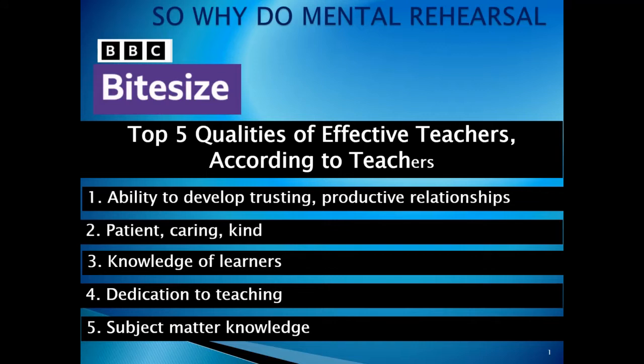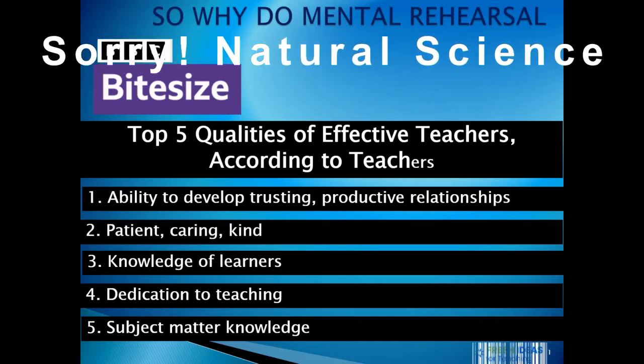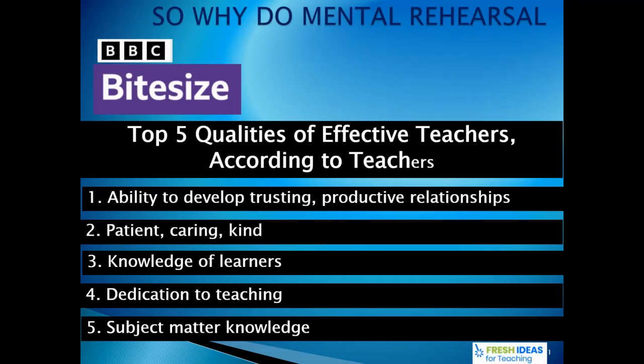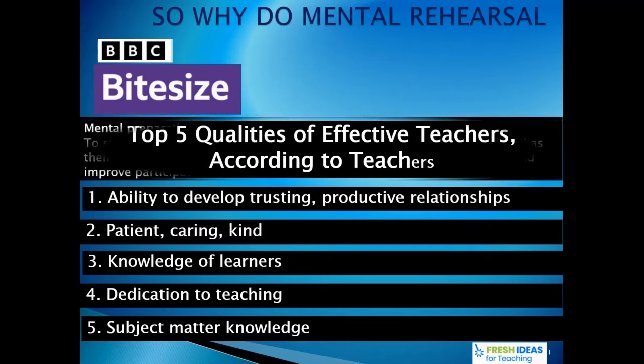And that's why, if you haven't done one of the content areas, you're doing the content improvement modules, so that you can develop your subject matter in all 4 strands in life science, which are energy and change, matter and materials, life and living, and the earth and beyond. Now, this is from Fresh Ideas, and I have included a link to the entire article so you can read the entire article if you so wish.